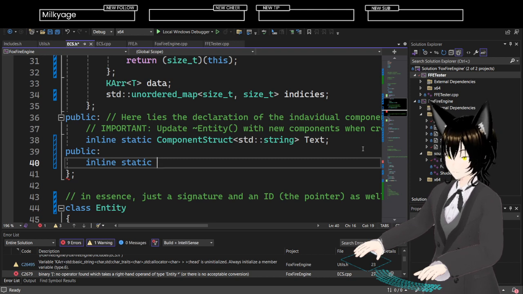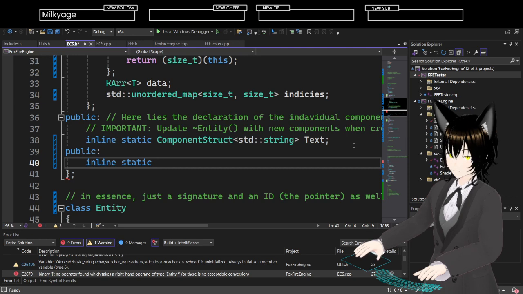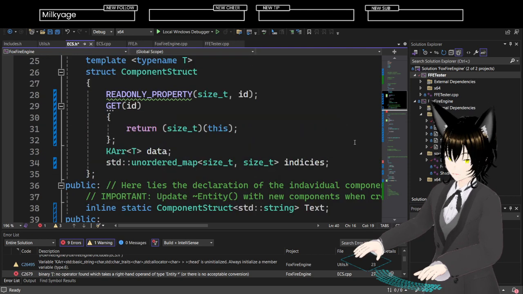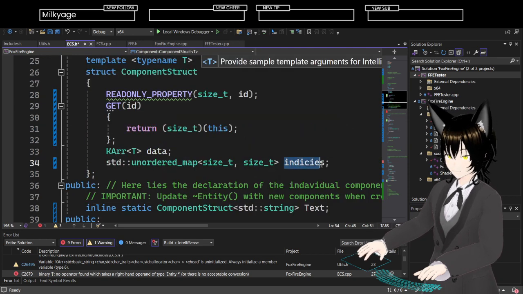Yeah. Well, I mean, the only information that I really need is the indices. Right?